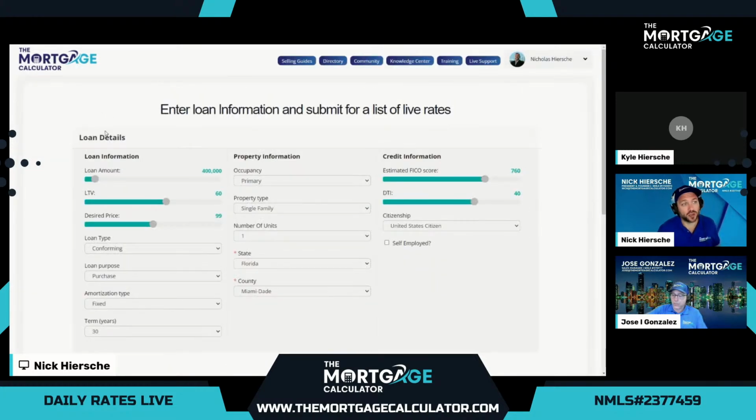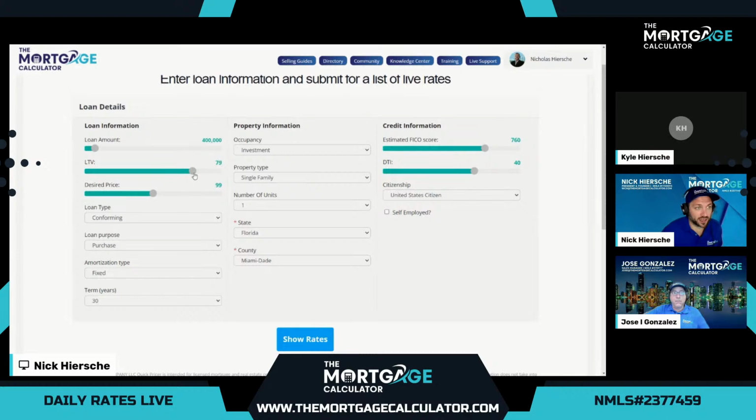Now, for our final couple demos, we always want to do some live pricing for investment properties. So we'll set up the same exact scenario, 80 LTV, 20% down payment, and we'll simply compare our two options for investment properties. We have conforming conventional options, and we'll have our non-QM options. Remember, the government programs, FHA, VA, and USDA do not apply for investment properties, so we'll simply compare these two.